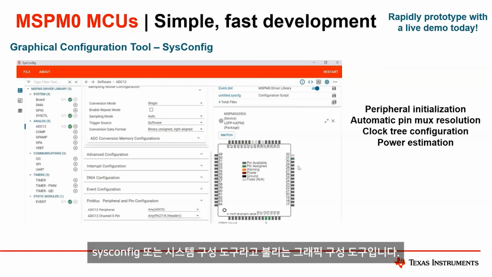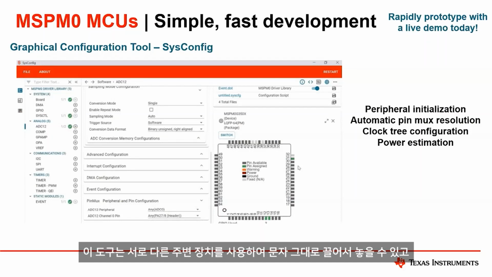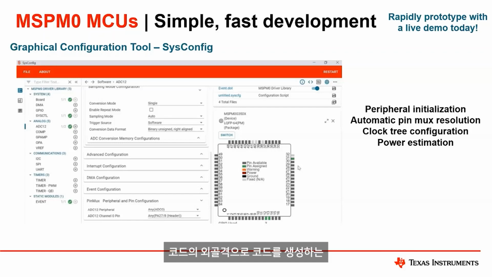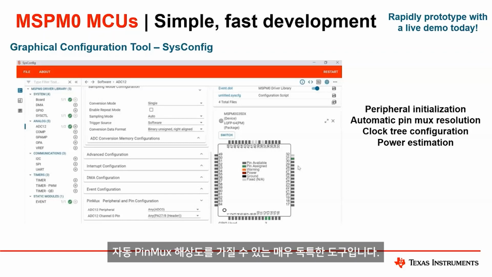The first is the graphical configuration tool called SysConfig, or System Configuration Tool, which is really a unique tool where you can use different peripherals and literally drag and drop, with automatic pin mux resolution that will generate code as an exoskeleton of your code.